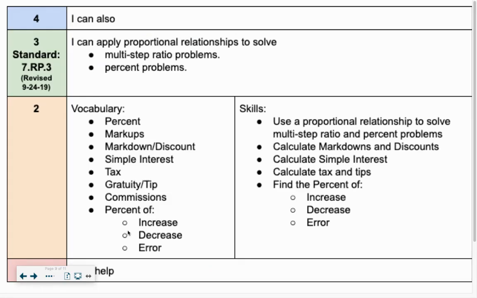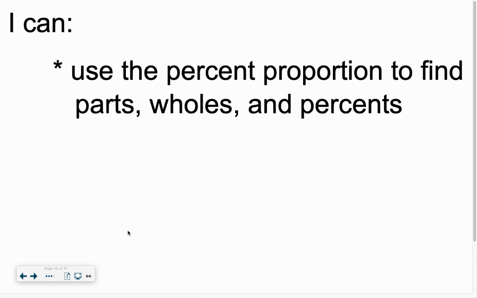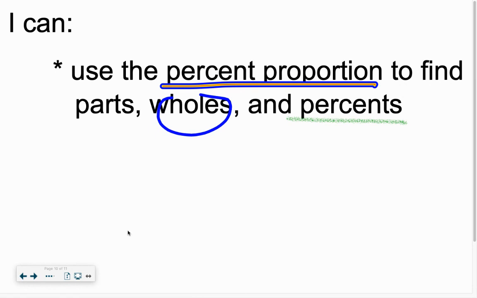Again, why are we doing this? Because it's part of our standard. We want to solve multi-step ratio problems, percent problems, and today using the proportional relationship to solve. Next lesson, we're going to do the same thing, but look at a different method to solve it. Whichever one you like better, use it. But for today, I can use the percent proportion to find the parts, the wholes, or the percents. So again, percents having the label, the whole being out of everything,